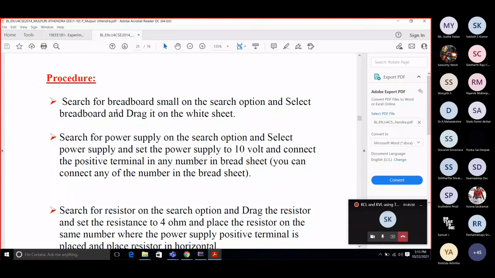Okay. Then what was the next? Breadboard is taken. Then Sudha madam told you to take the power supply. So search for the power supply and put it, and what is the voltage you have connected? Not 10 volt. You apply 15 volt. Depends on your calculation. Not everybody should do it with 10 volt. Some students can do with 10 volt. Other students can do the calculation with 12 volt. Others can do with 15 volt, 20 volt, all combinations. You don't stick to one value.